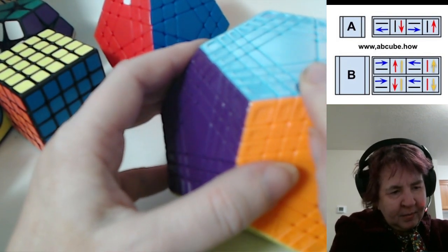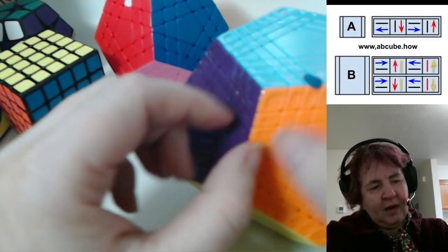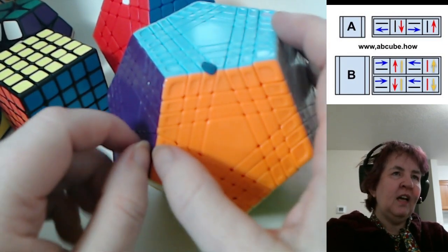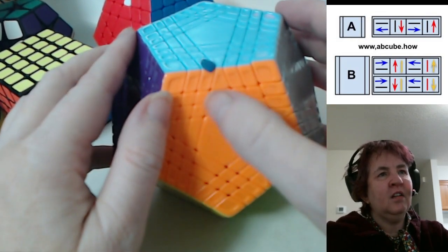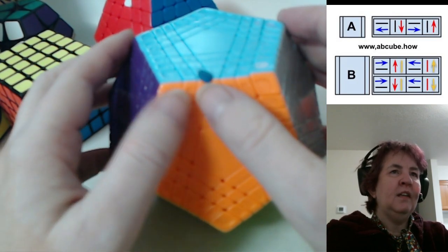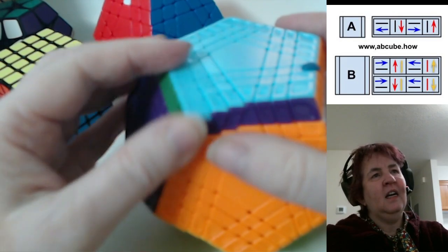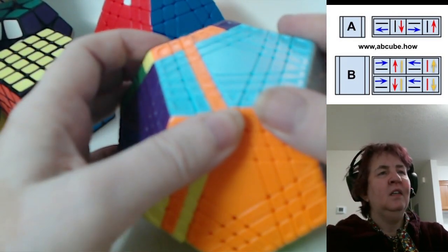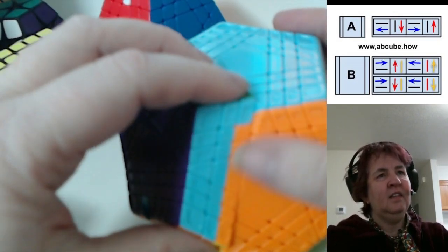If I'm moving this piece, okay, if it's an edge piece, so if I want it to move to this side, then this is the top row, this is the first column, and this is the second column. It's this one. So slide first up, back, second up, reverse, down, back, down,